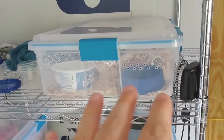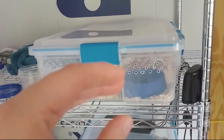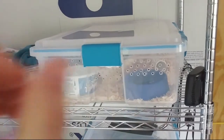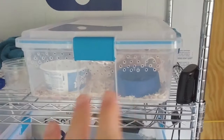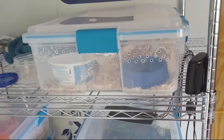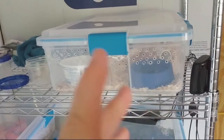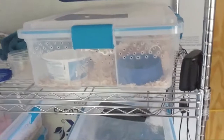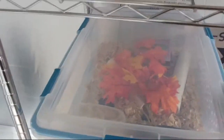If the snake tags you, or if it's just really wiggly, don't let that discourage you. Wait 10 minutes and then put it back. Next day, do 15 minutes at least. Generally around 15 minutes, the snake will calm down quite a bit and be much more willing to let you handle it. I'm going to get Alexstrasza out, and I can show you what that looks like,